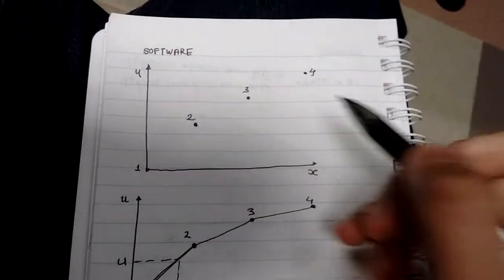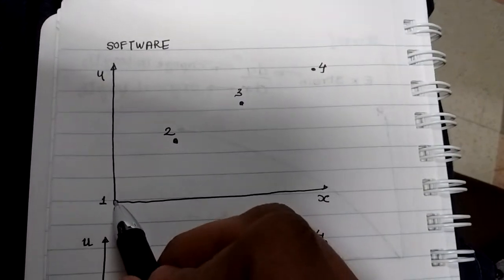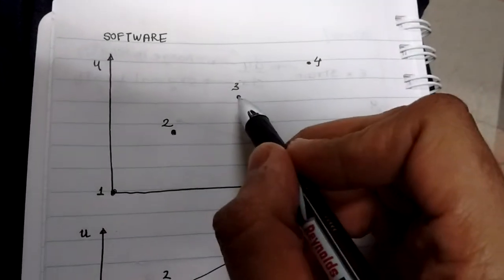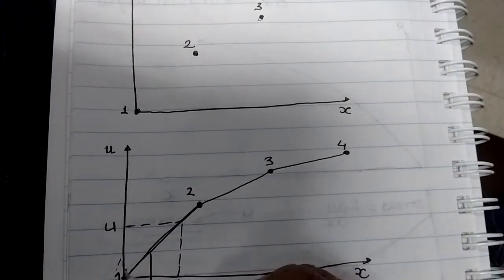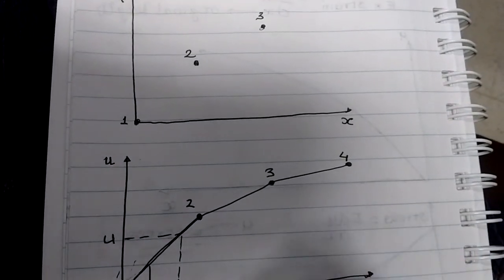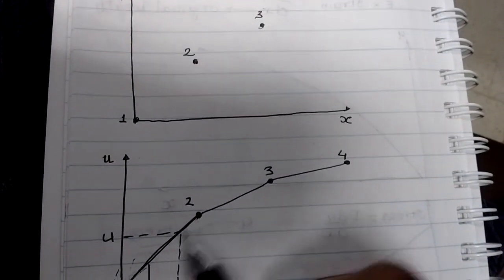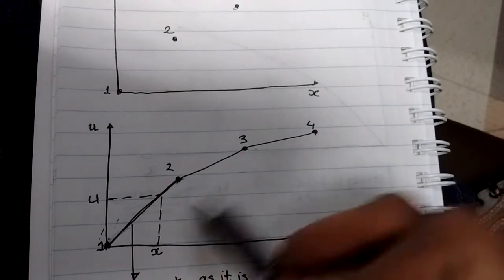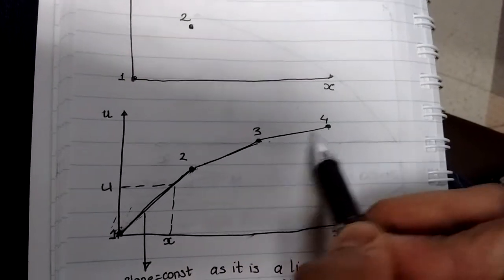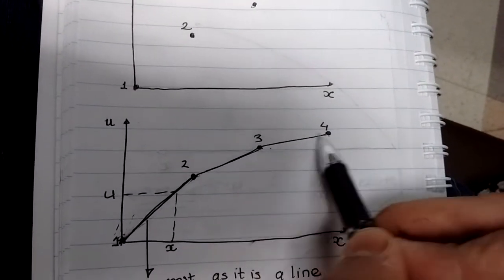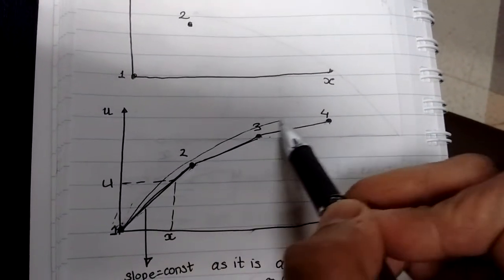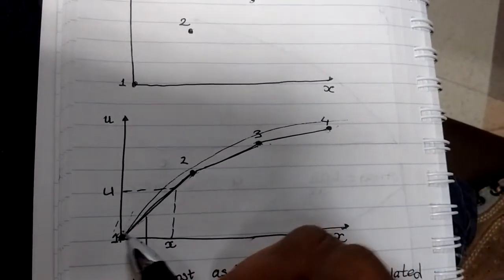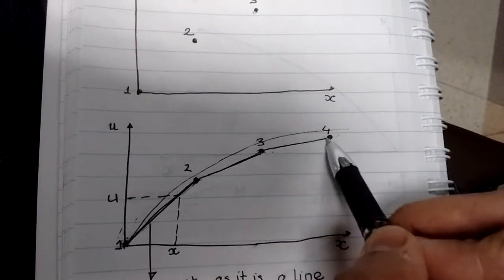So the software will find the values of the displacement at these 4 points, and then it would join the 2 points by a line. It would interpolate all the values of displacement within 1 and 2, within 2 and 3, and within 3 and 4 respectively. These 3 are basically lines, and it will try to get such a solution. If the exact solution should be somewhat like this, we'll get an approximate solution, which is basically linear interpolation.